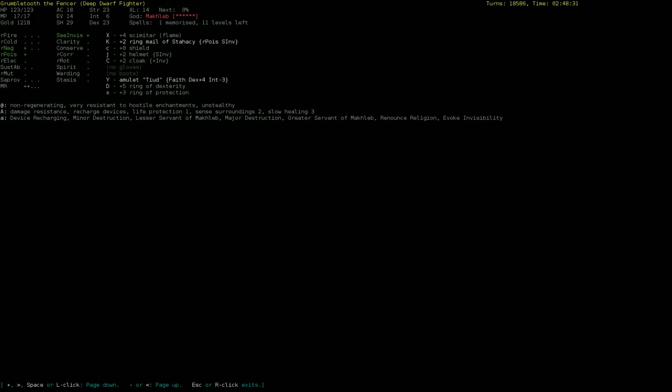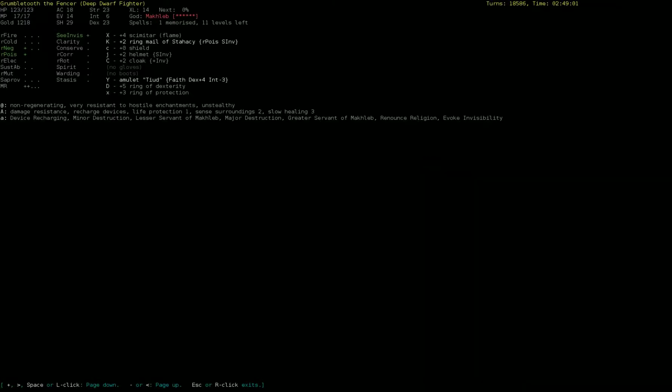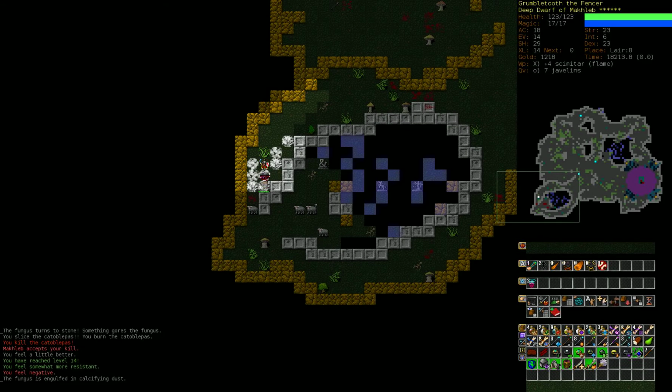Well... Maybe it's just that one pip of negative energy resistance? I don't know. Maybe it does other things. Not sure. But that's cool. Good for us regardless. Free stuff is always nice. We feel somewhat more resistant. We get more magic resist, I guess? Yeah, we have a second pip of magic resistance. I'm not sure. I know that it used to be that...